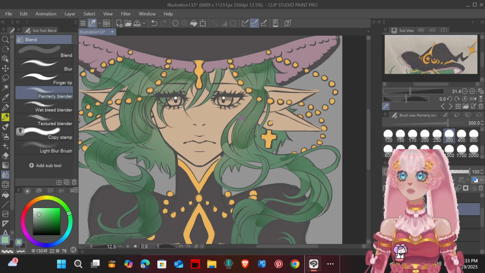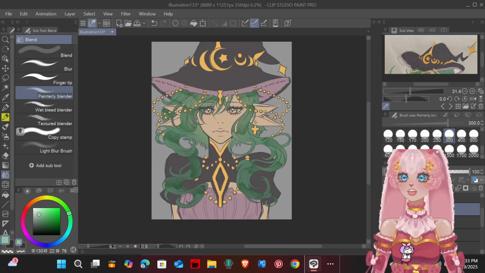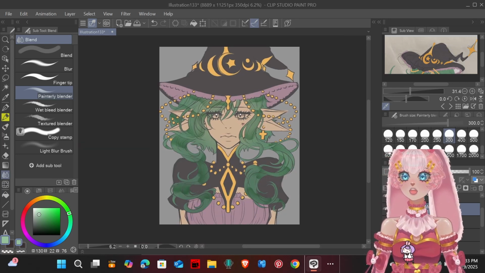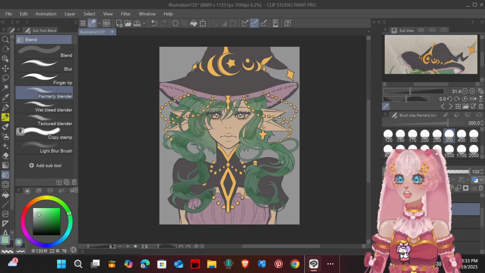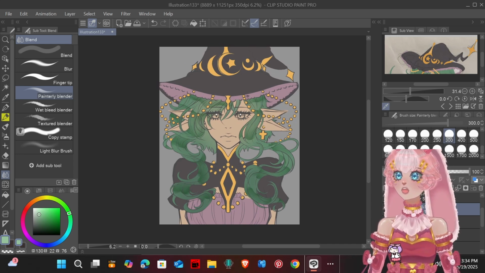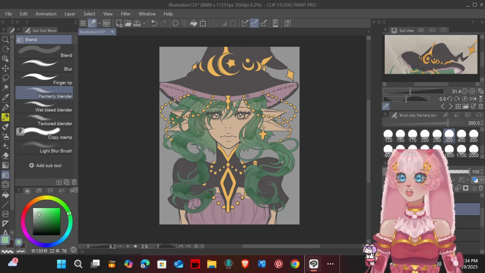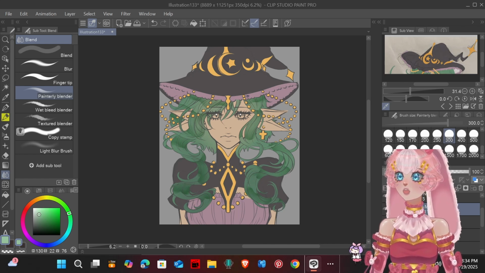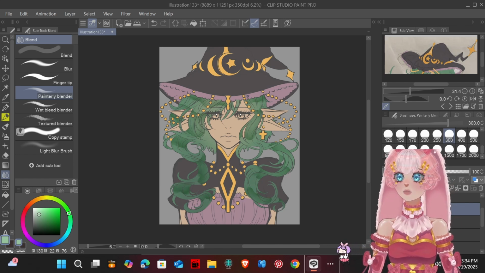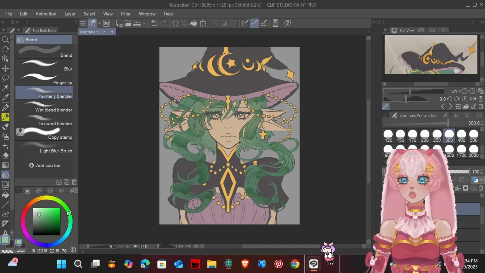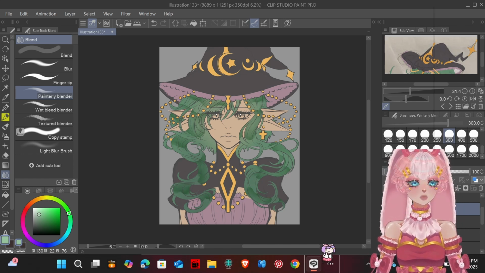Alright, we're done with this part. And this, as I'm going to guide you, is completely optional. You don't have to add another layer, but the reason that I do is because if I mess up this part, at least I can erase it while it's on another layer, but I couldn't if it was on the same layer, and that would be problematic for me. I'd rather merge the layers later. So I'm going to add another layer. You can just do it on this one and flip it down to the hair layer again